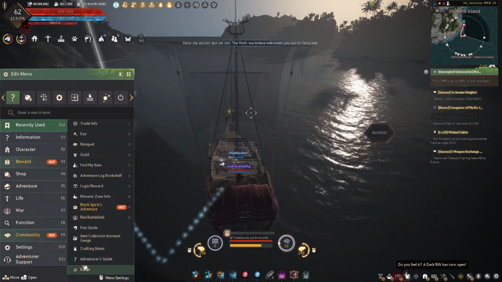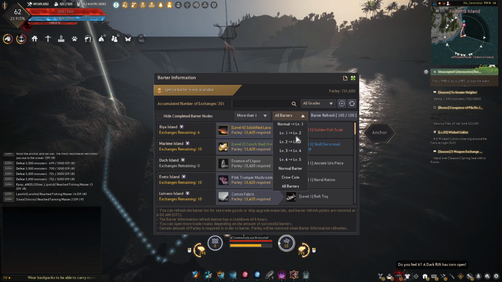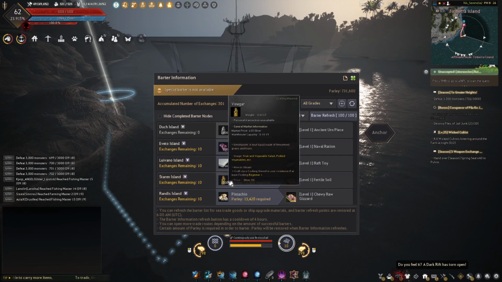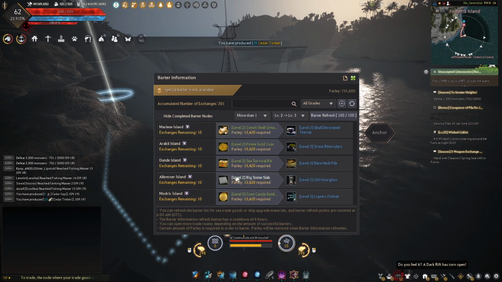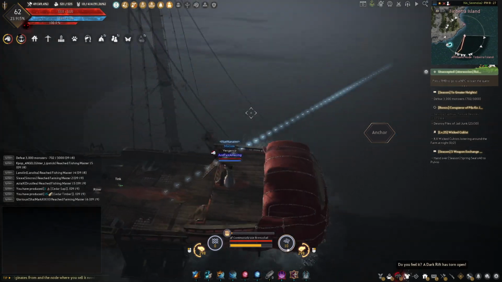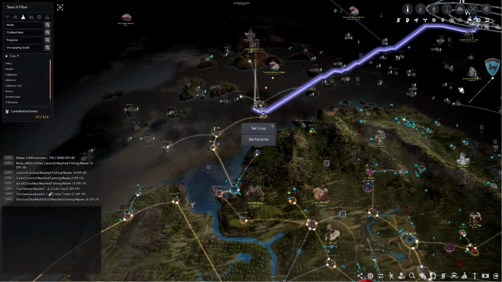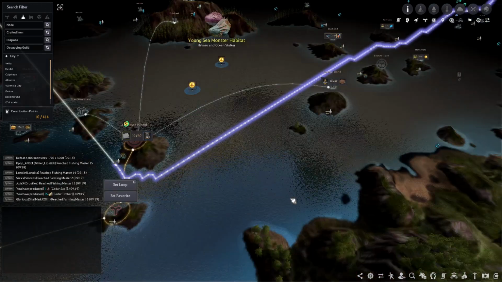slabs. And if we go back to the barter window, I've still got 731,000 parlay, but I can't do any more of the normal ones because I'll be overweight, but I can go from 2 to 3, and we just got big stone slabs, and we can trade that for some level 3 hourglasses. So I think that's what I'm going to do, and I'll sail around and do that. Yeah, of course, it's back across the map. It's way over here, back near Port Etheria, and